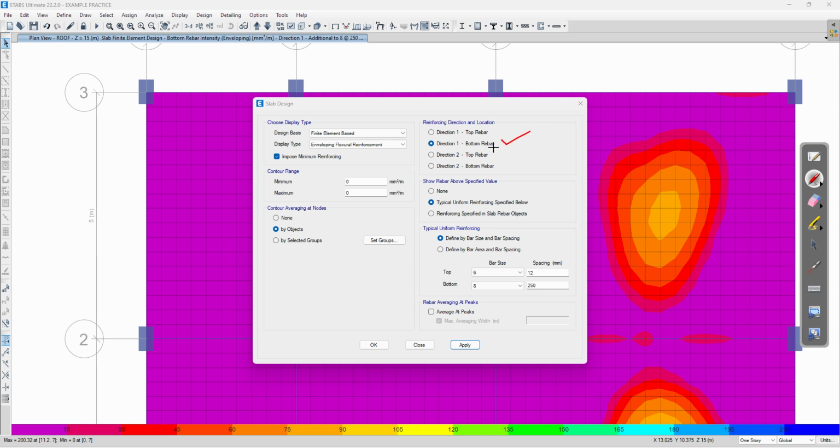So direction 1 bottom rebar is satisfied at 8 at 250 mm center to center. Okay, we shall see